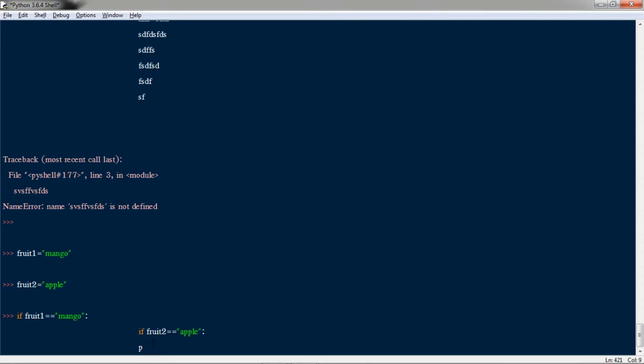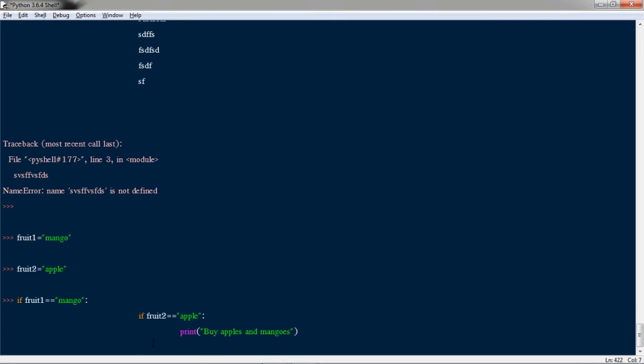I told you to give a tab, so give a tab, print 'buy apples and mangoes'. So I'm done with this.